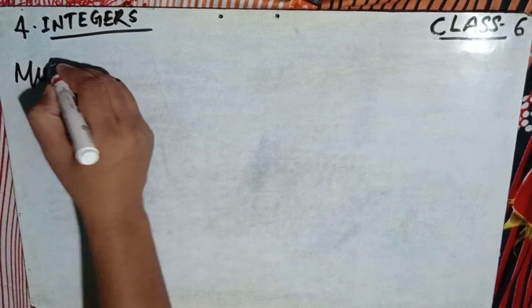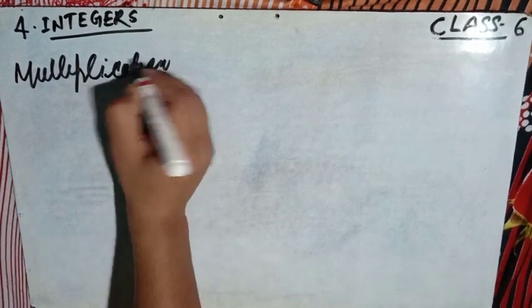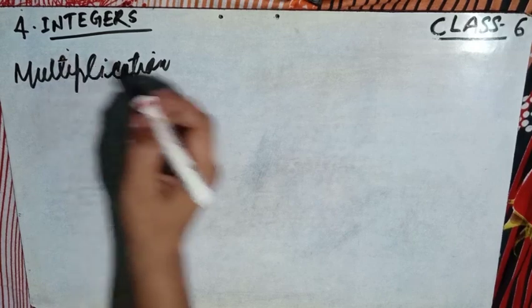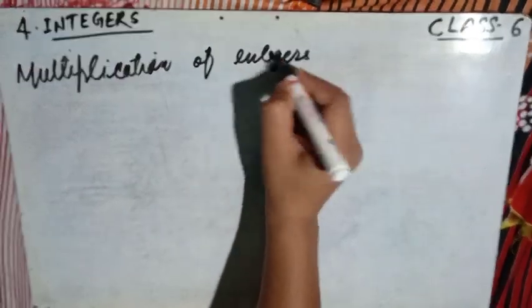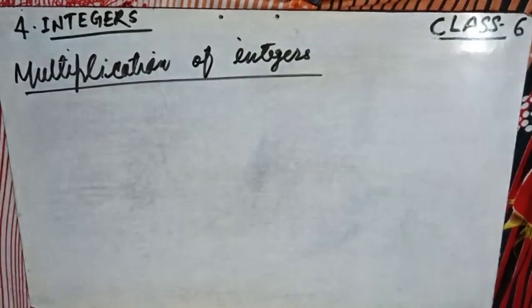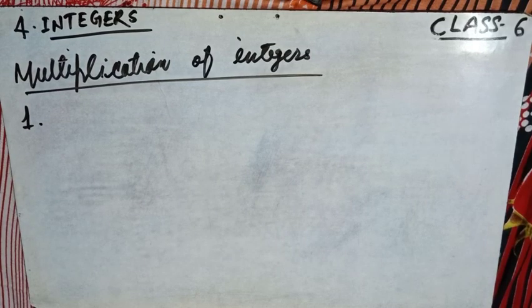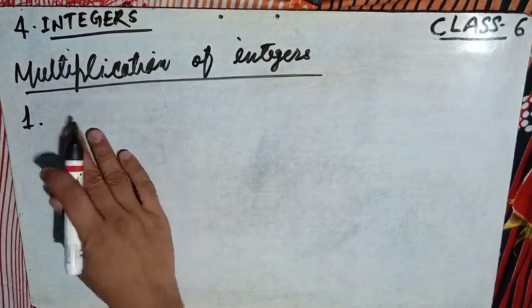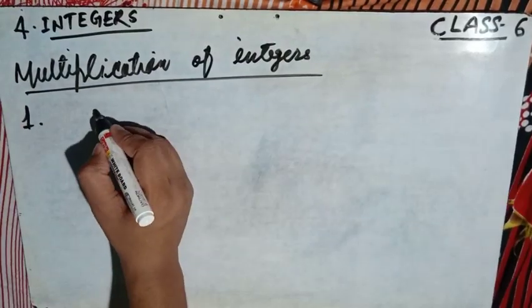Multiplication of integers, that means we are going to multiply two integers with the same sign. First, two integers with the same sign. Let us figure it out with the help of an example. Suppose 3